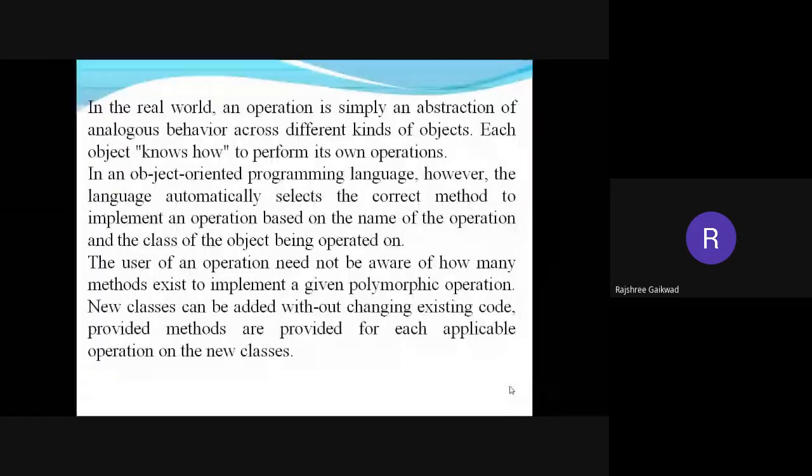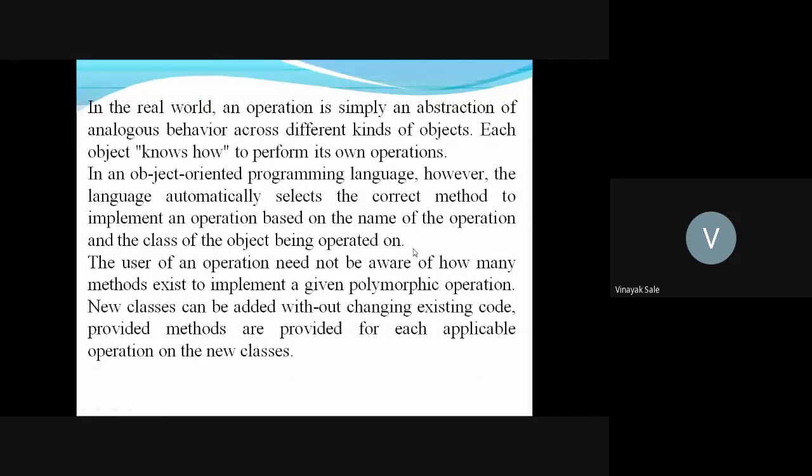Okay, in an object-oriented programming language, however, the language automatically selects the correct method to implement an operation based on the name of the operation and the class of the object being operated on.